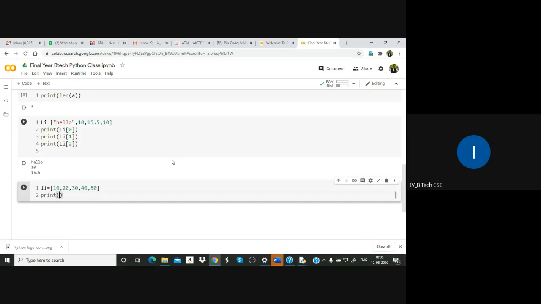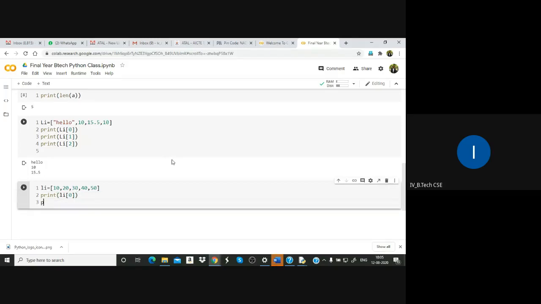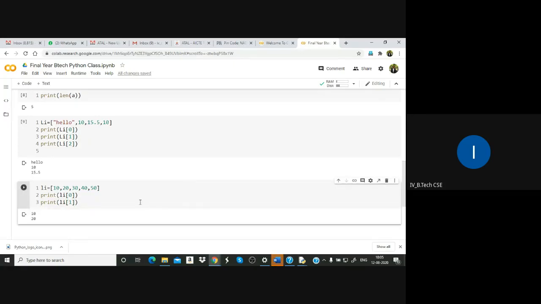Print li of 0. Next, print li of 1. Okay, so like that, you can print the elements of a list, and you can have the duplicates also. You can also keep duplicates here.